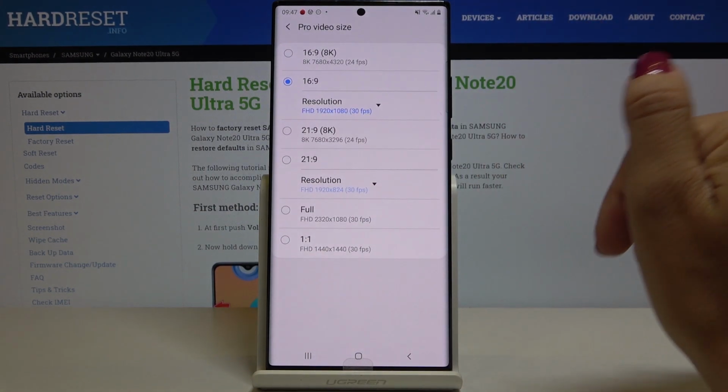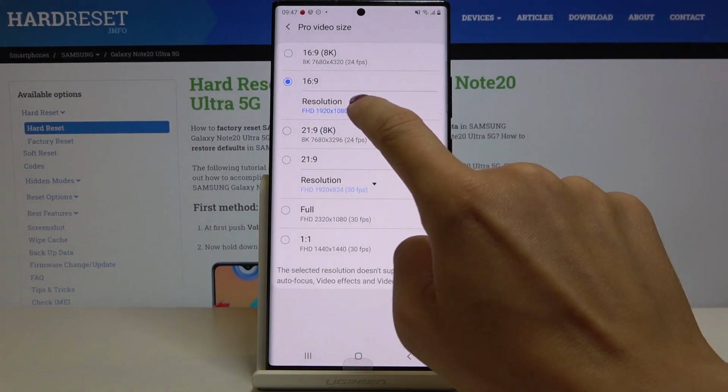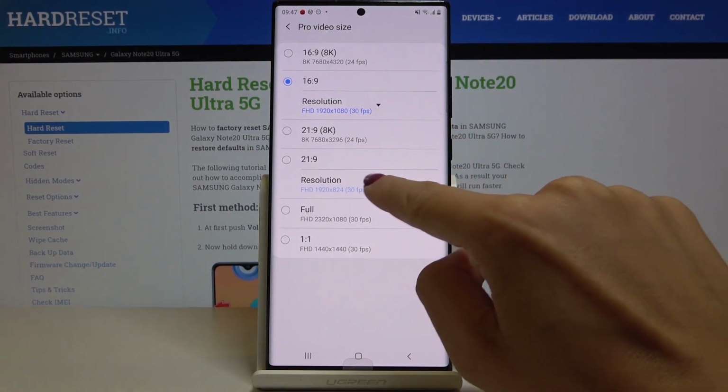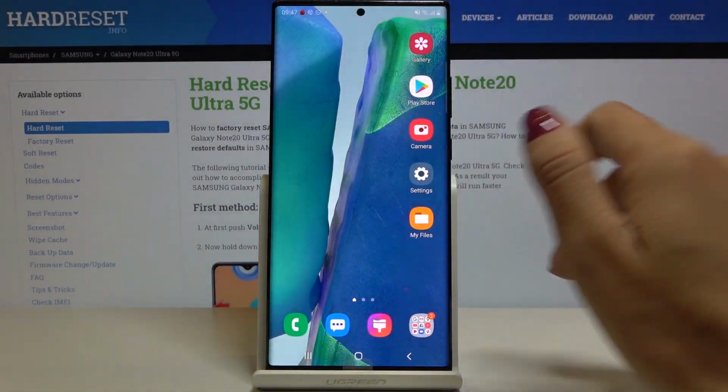Here you've got also Pro video size, so here you have also the ability to change the resolution, the quality of your recordings. So that would be all. This is how you can change video